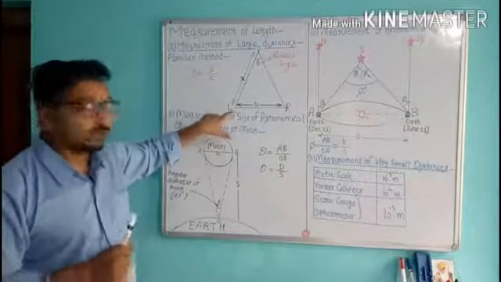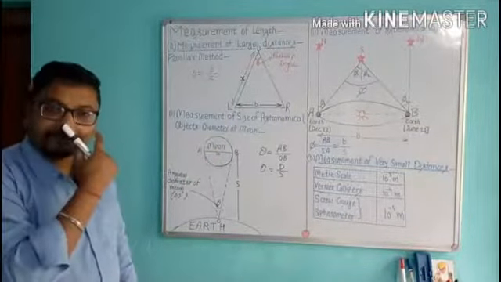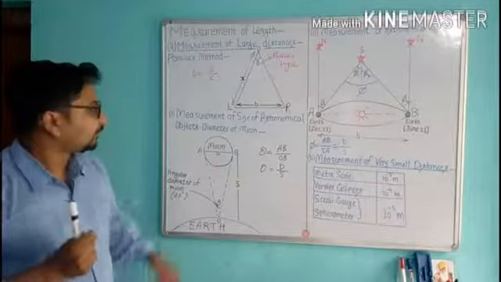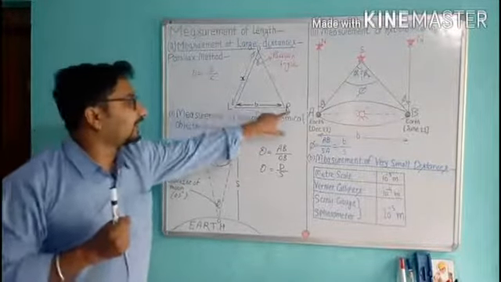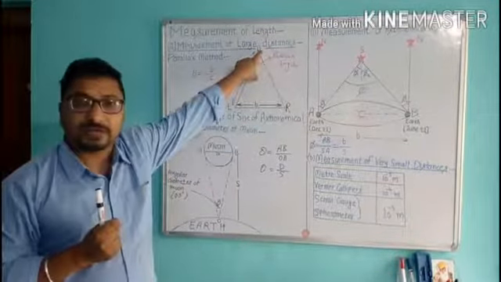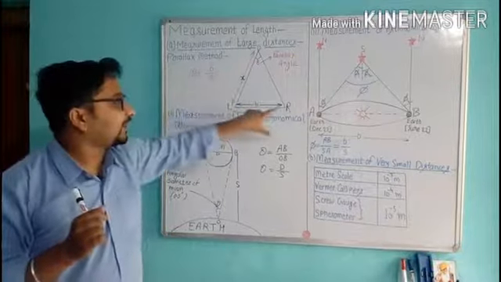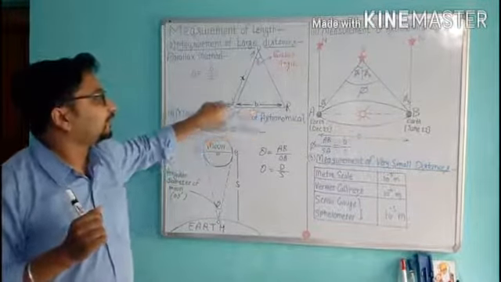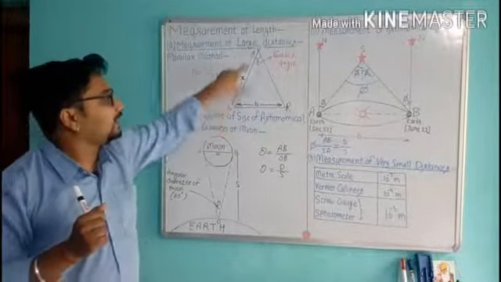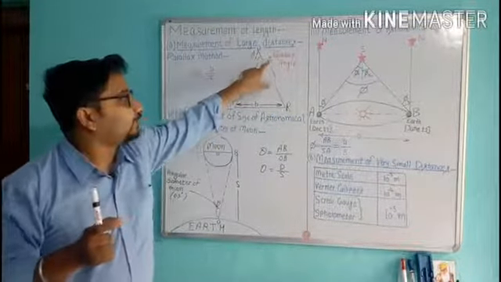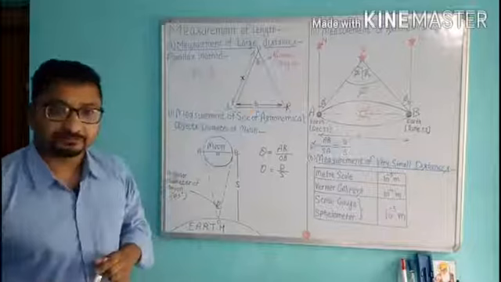Now, the distance between our left eye and right eye is called basis. Here is our left eye, here is our right eye, and here is the position of the pen. The distance between left eye and right eye is basis. Now the angle formed, LOR, is theta, and this theta is called the parallax angle.